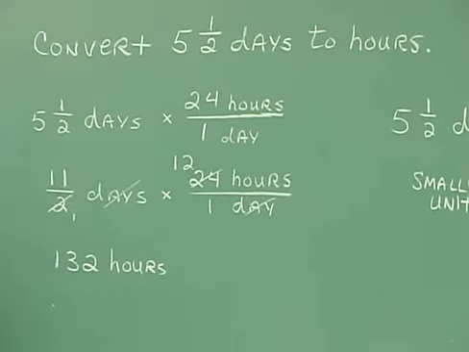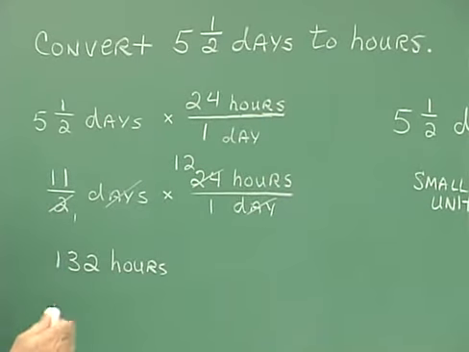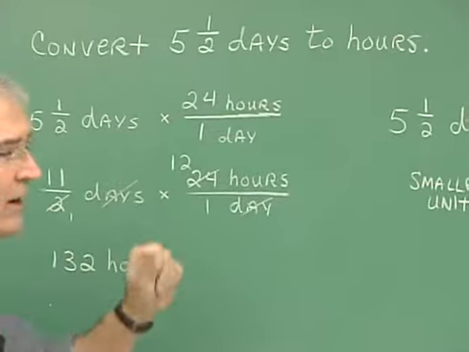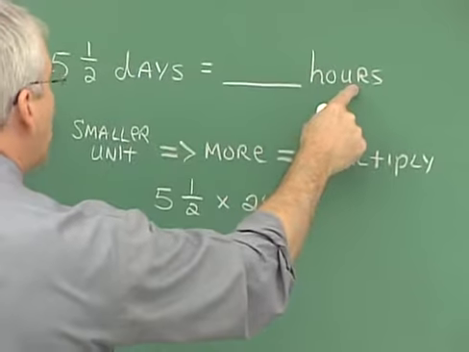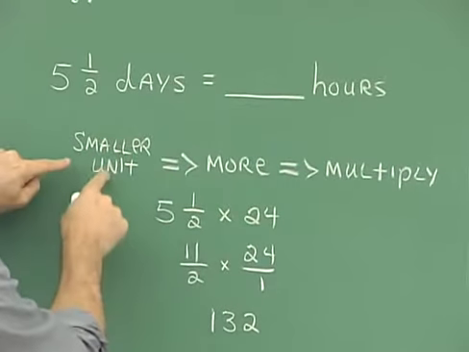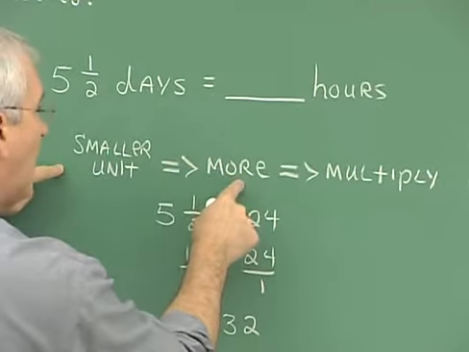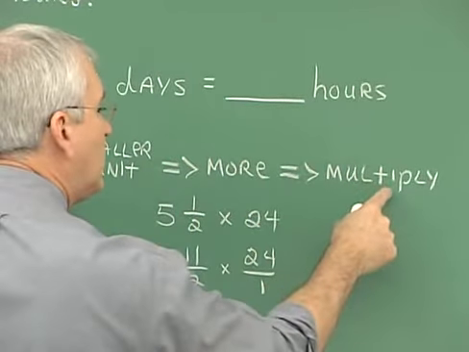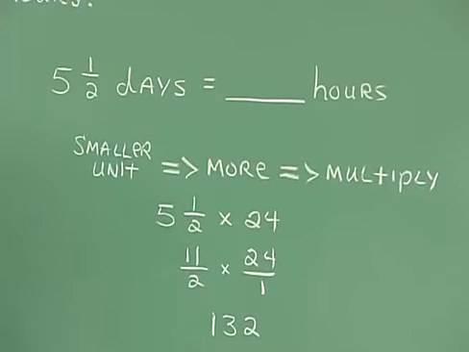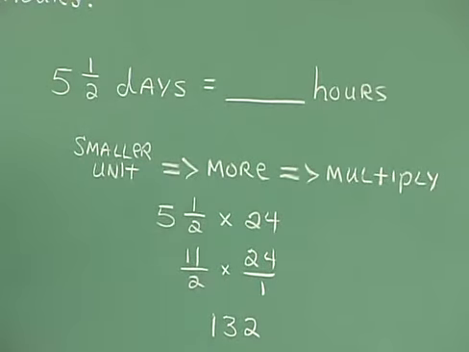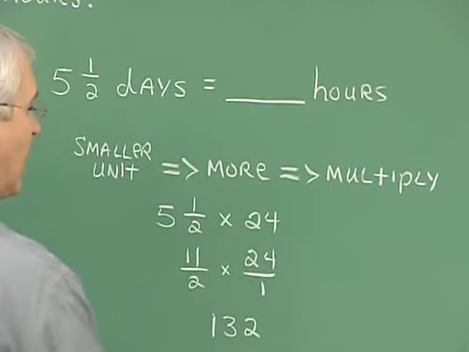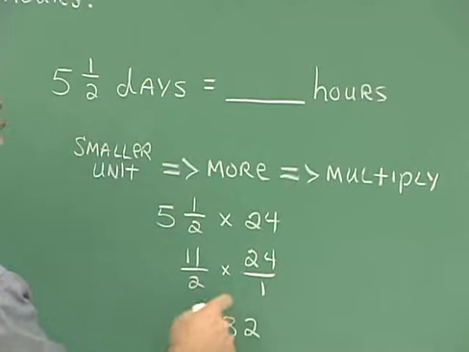Now, this is one technique for conversion that we've looked at in the past, and we've also looked at it in another way. And that other way is like this. We think through the problem like this. We're converting from days to hours, and we think, well, gee, we're converting to a smaller unit, and so there's going to be more of them, and therefore we multiply to get more, and we multiply by the number of small units it takes to make one of the larger one. And since there are 24 hours in a day, we're going to multiply by 24. So we're taking 5.5 and multiplying by 24. So 11 over 2 times 24 over 1, 132. So 132 hours